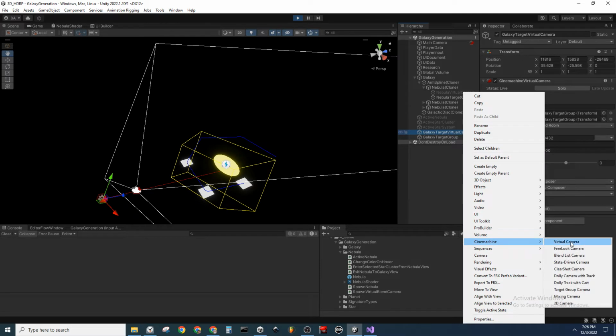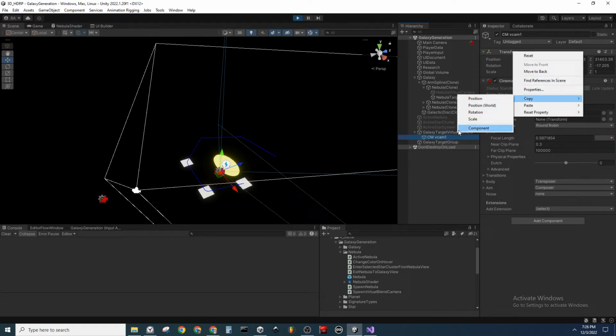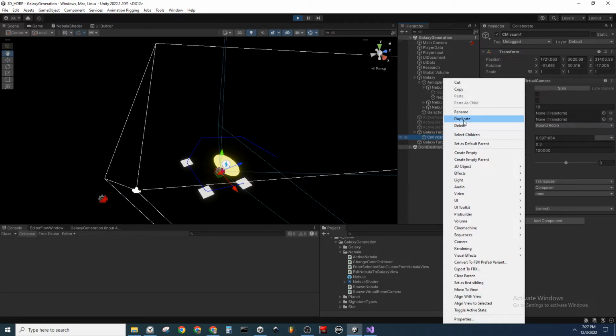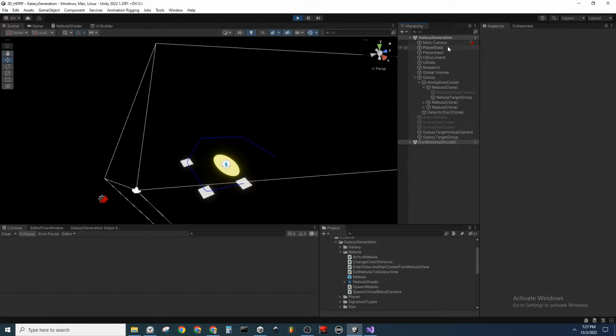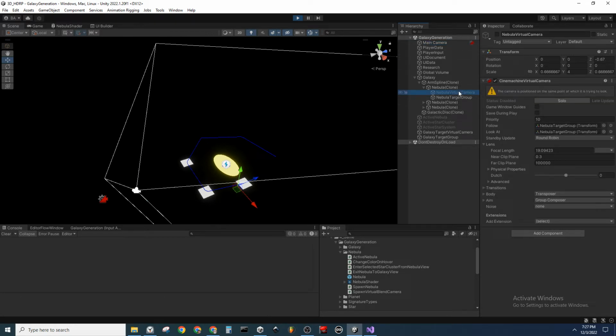Let's see, if I add a virtual camera here, oh, it's tripping anyway. Alright, so it's on the right track, but